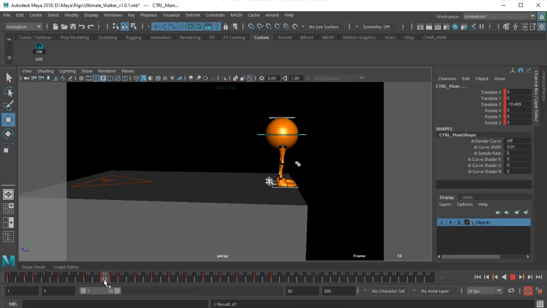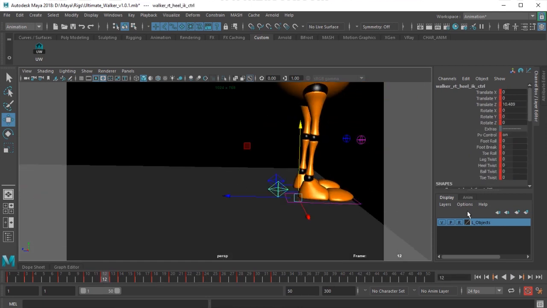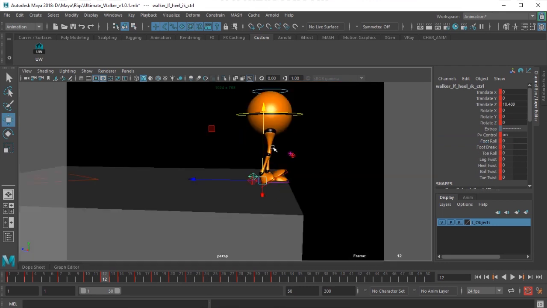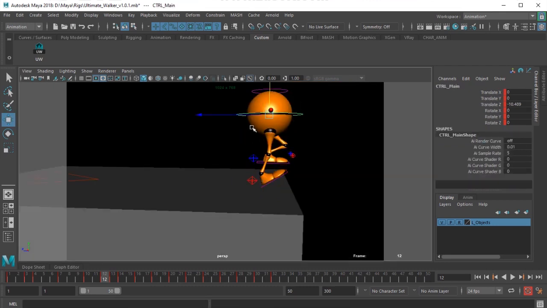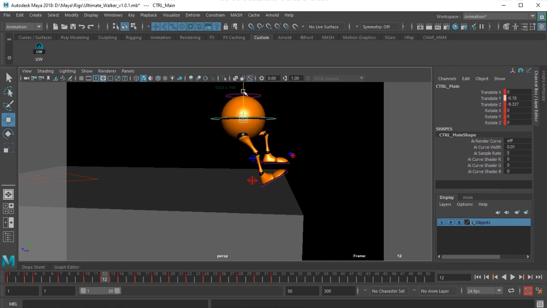I'm copying this pose for one more frame, and this pose here I use the foot roll. And then move it back.